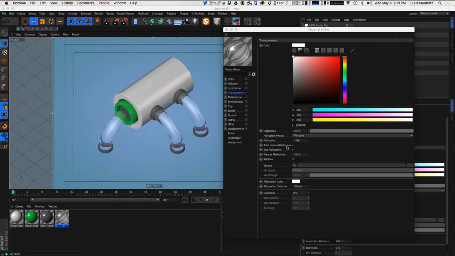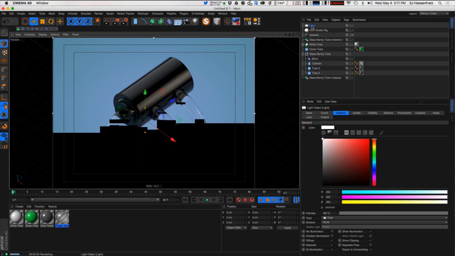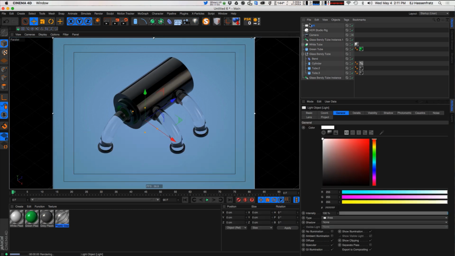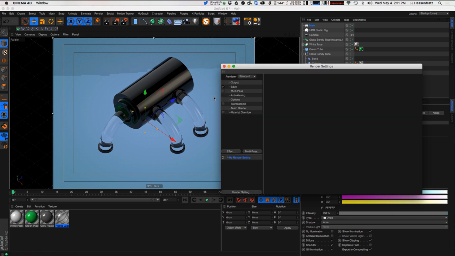So that's all caused by the refraction. So let's see. Let's add some lights. Before we go any further, I'm going to create a couple lights. This will be our main light, this main area light. This will have an area shadow. Before I go any further, I'm going to change our renderer to physical, just because it's going to look way